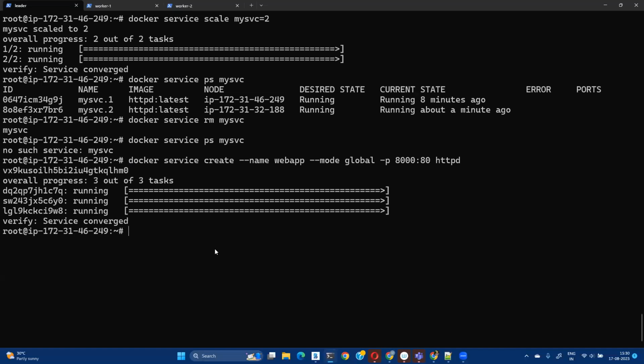So I run a service now, but I did a couple of new things, which I'm going to talk about later. But if you see here, if I say docker service ps web app,